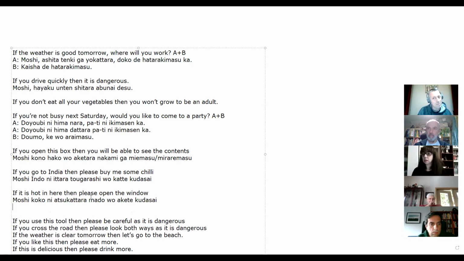And I also want to do a second one because I want to know, normally this one you can also do with moraimas to open the window for me. Akute moraimasu. Yeah, you can. Does it have the same meaning or a different nuance? It has the same meaning really. Akute kudasai. Akute moraimasu. Because I'm asking to open the window. Yeah. I was doubting in my head, that's why I ask.